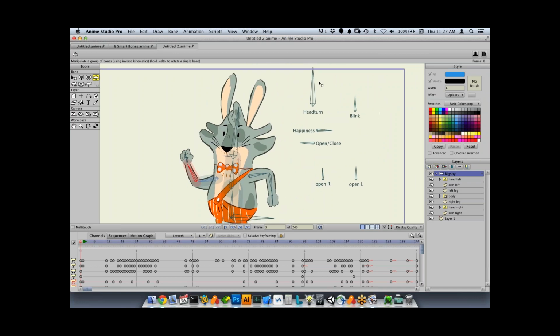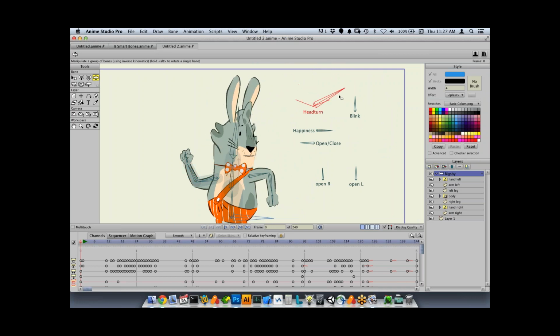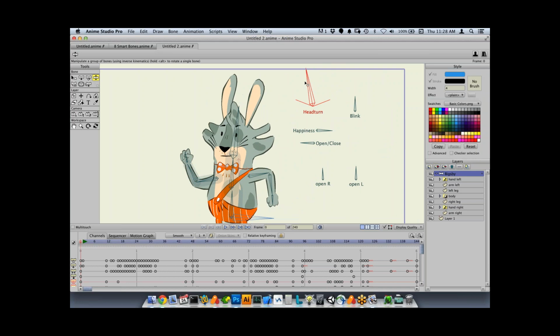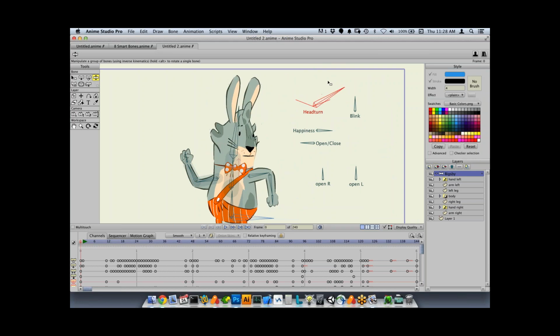So the smart bones were set up by the creator of this character to do things like turn his head side to side. So a head turn can be sort of a complex animation, especially in 2D, because this fur on one side of his head is visible here, but if I turn the other way, it sort of goes behind his head, and his eyes and nose have to sort of appear and disappear and change shape. So a head turn takes a good amount of work to create, but if you assign it to a smart bone, all you need to do is create it once, and then you can turn his head at any time. And I can adjust his